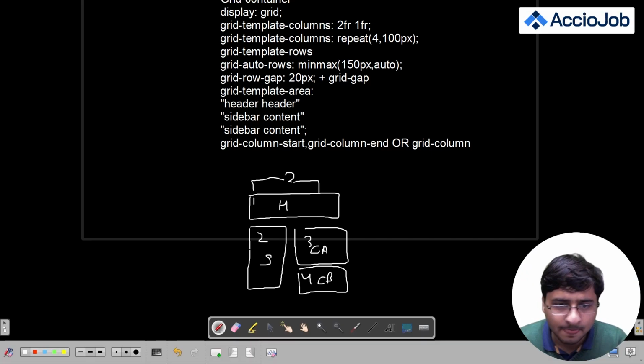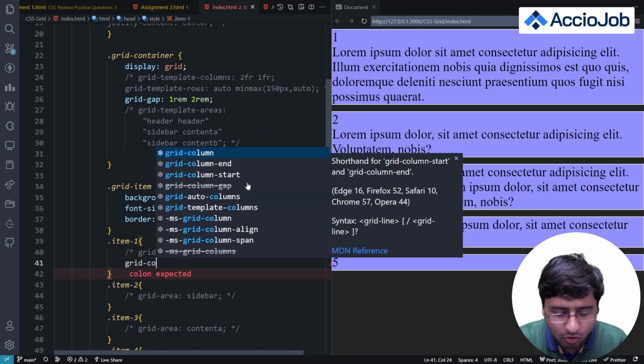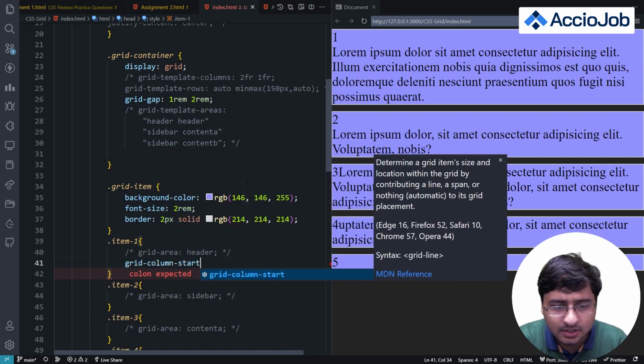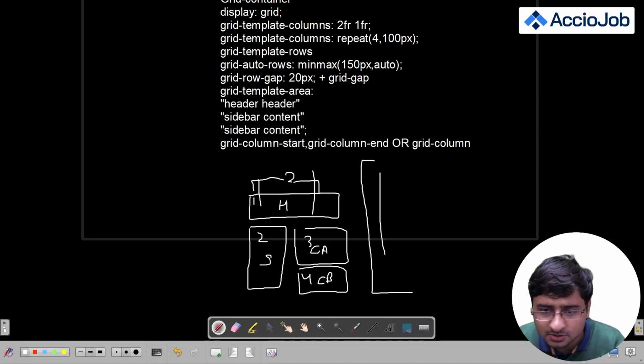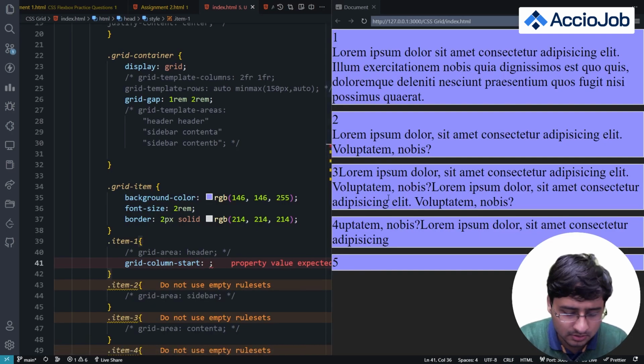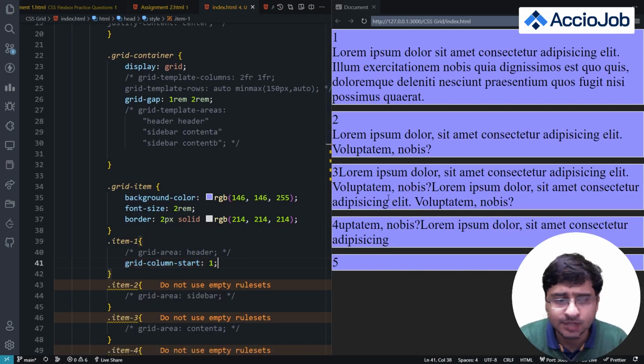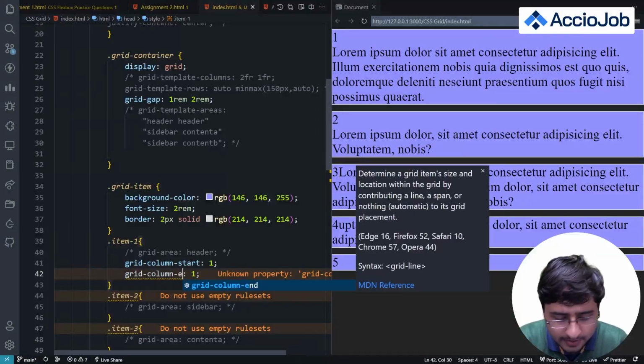यहाँ पे ध्यान से देखना. We should write grid column start. कहाँ से स्टार्ट होना है? इट शुड स्टार्ट फ्रॉम द फर्स्ट कॉलम. दिस फर्स्ट कॉलम, दिस सेकंड कॉलम, दिस इज द थर्ड कॉलम. थर्ड कॉलम इज नथिंग इज देयर, बट स्टिल इट इज थर्ड कॉलम. ठीक है, तो इट शुड स्टार्ट फ्रॉम कॉलम नंबर 1 and it should end, grid column end is another property,